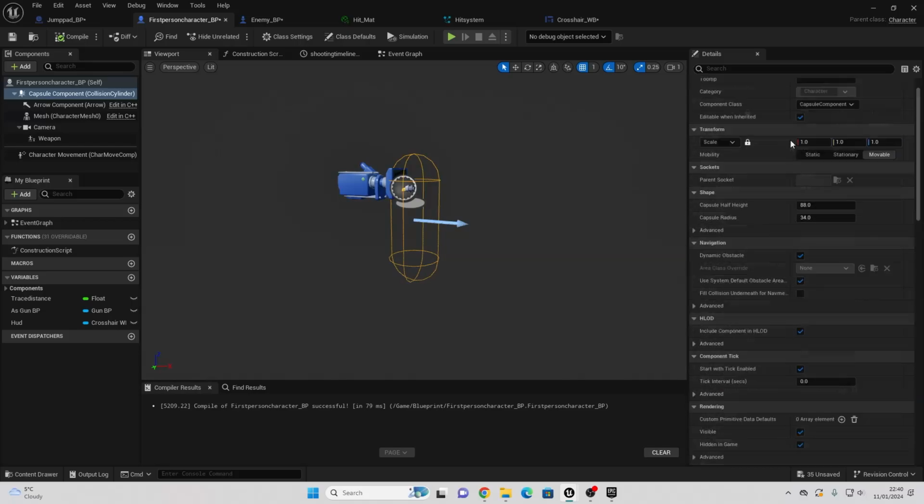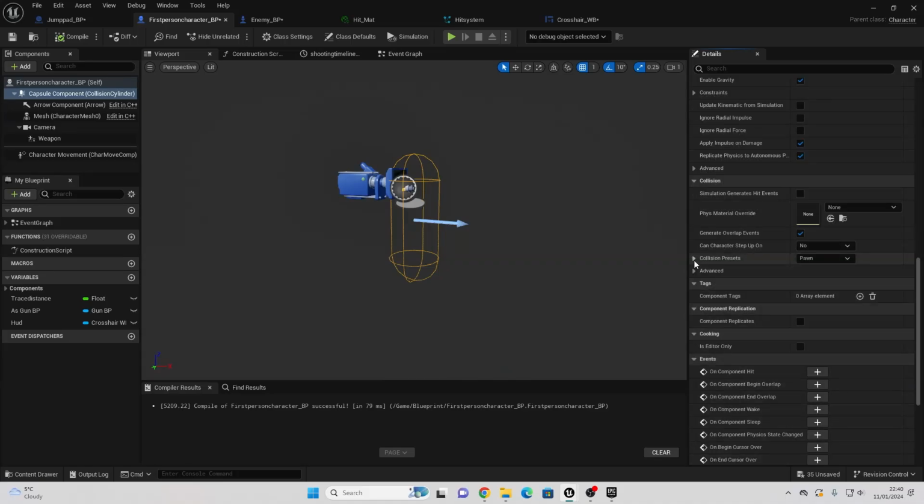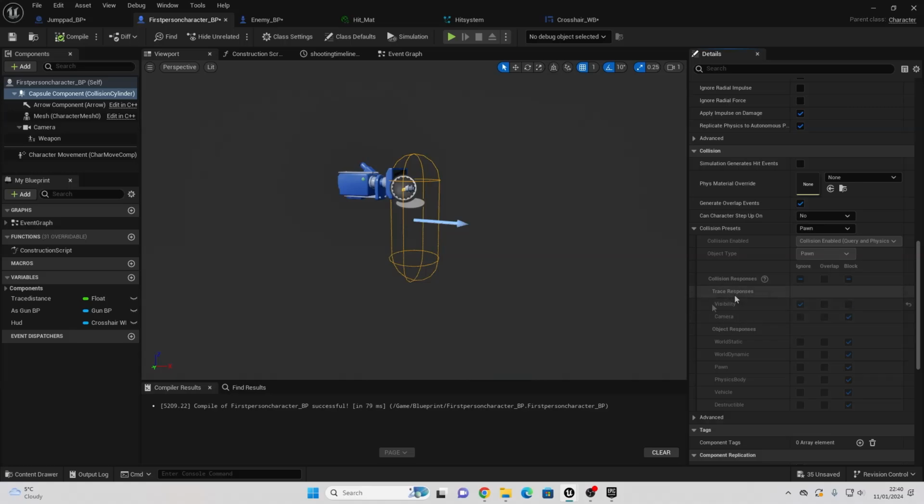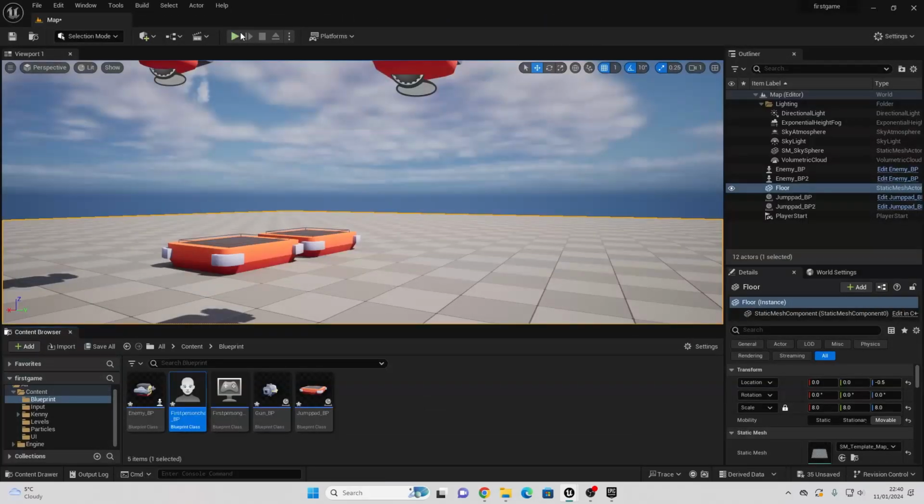So if you scroll down to where it says collision and go over to collision presets, right now we can see the visibility channel is set to ignore. We need to change this to be block. That way we can be attacked by our enemy. To do this, go to collision presets, change this to be custom, and then change the visibility to be block. Then compile. This way our player is going to be blocked in the visibility channel, which is the channel that our enemy uses. And now if I go play,